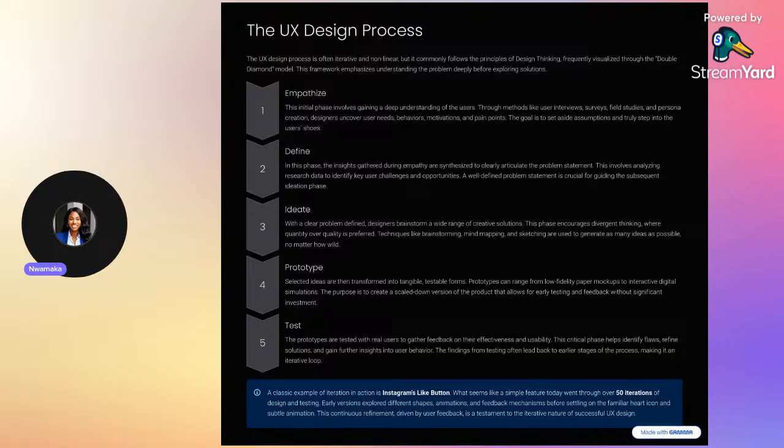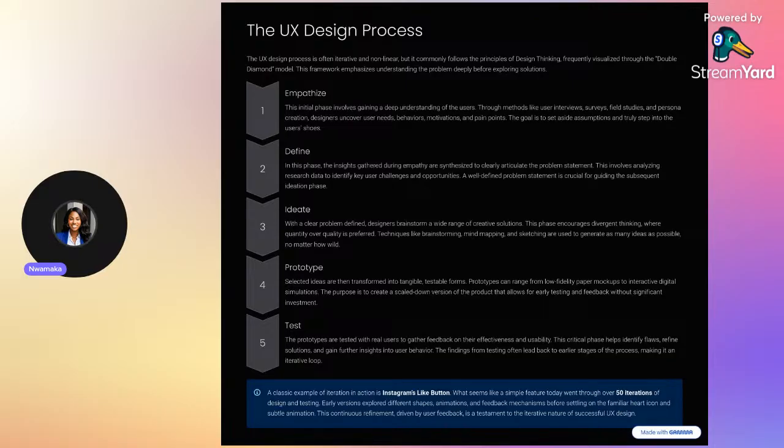In empathizing with users, we have to use different methods to get feedback. One of these methods is user interviews. You interview your users, give them a product, let them test it. That's why there are times you use an app and something pops up asking you to take a survey, to let them know how they are doing. The minute you start taking that survey, they're trying to understand how well their app is working and what they can do to improve it, and what designs or processes can be changed. When you fill that form, you give them a heads up on what to change and how best to proceed, right? And then there are field studies where